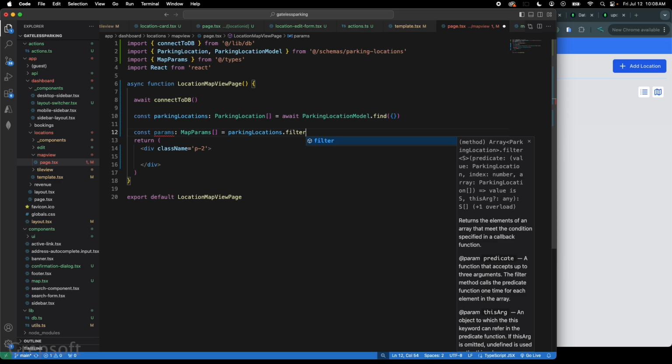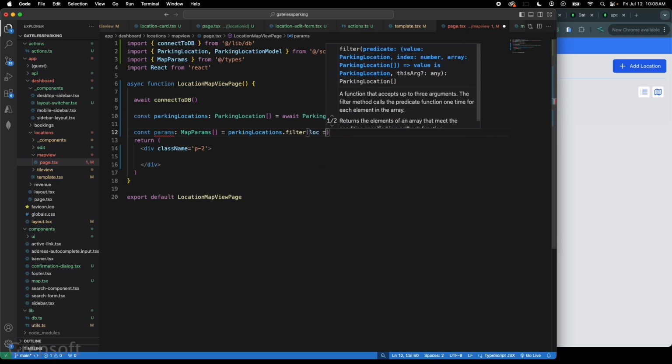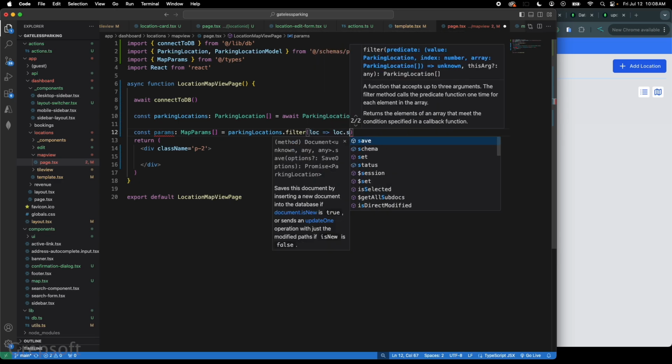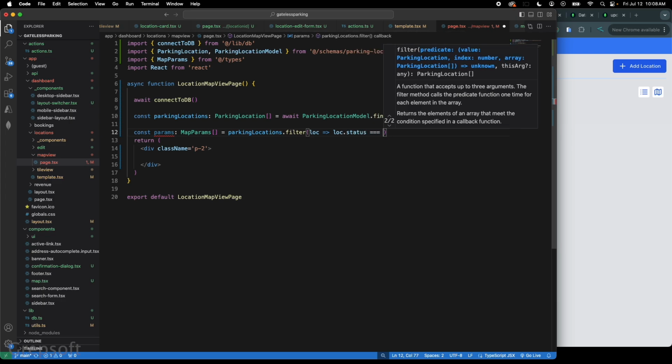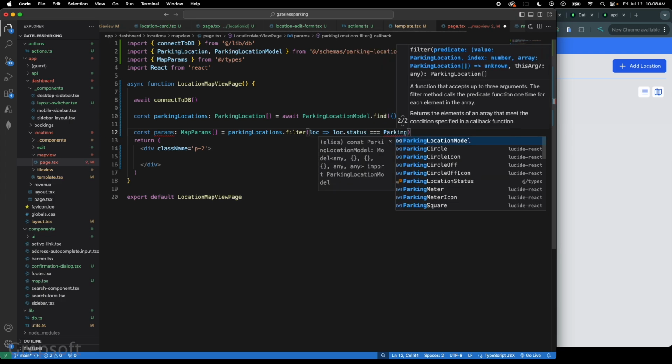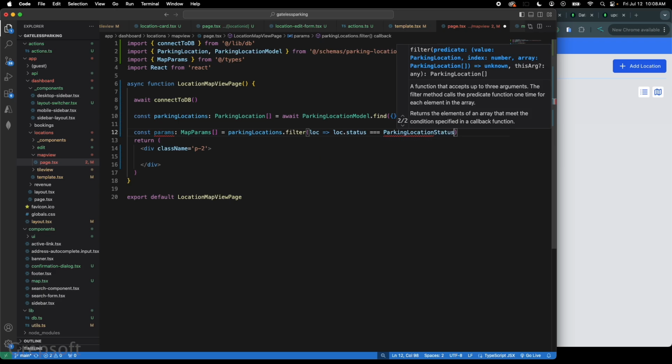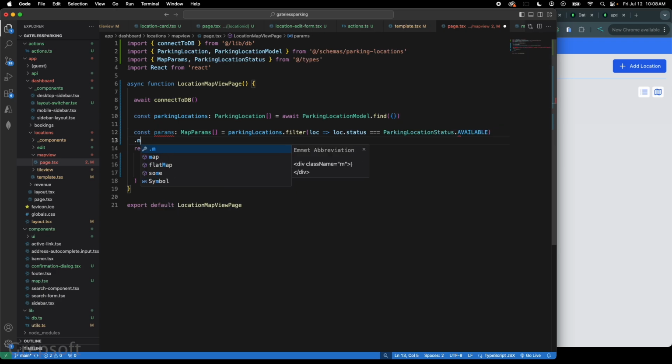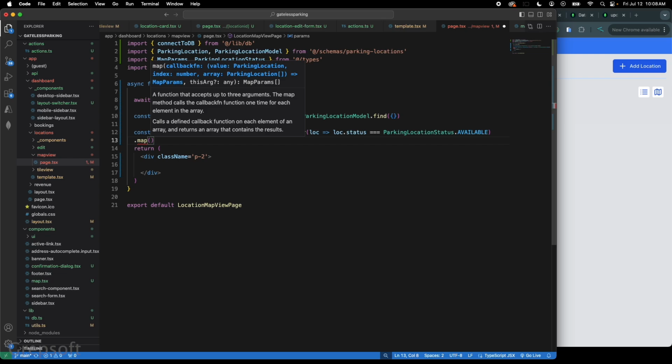So I'll say location dot status is equal to parking location status dot available. Once we have those, then we map over them, location, and then I can do